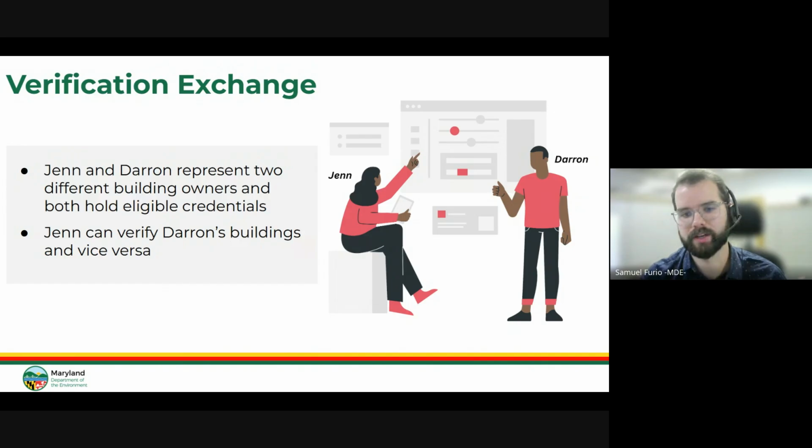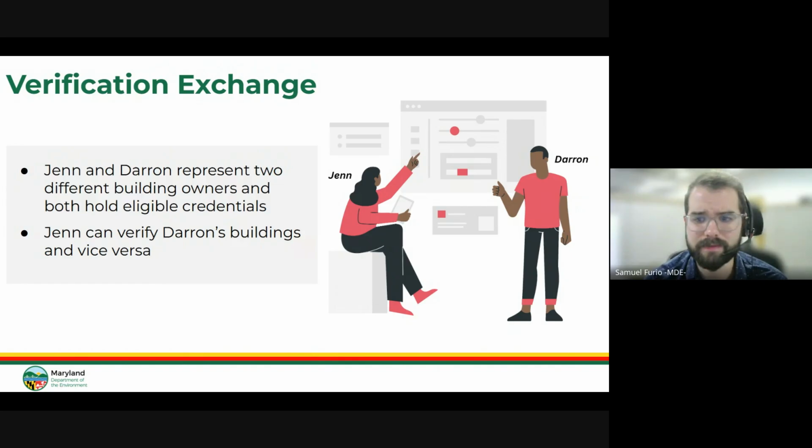Again, we need a third party here and a second set of eyes on the report. So Darren having the credentials and being outside of Jen's company or outside of the building owner's company, can be that verifier for them.